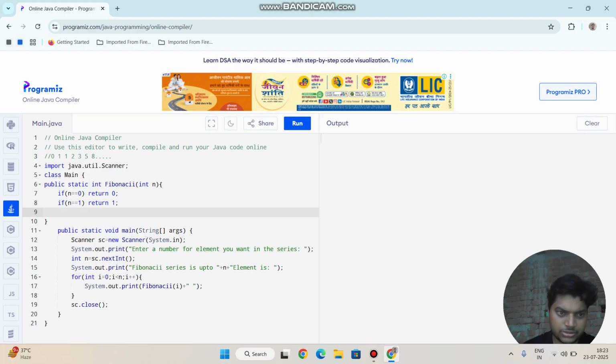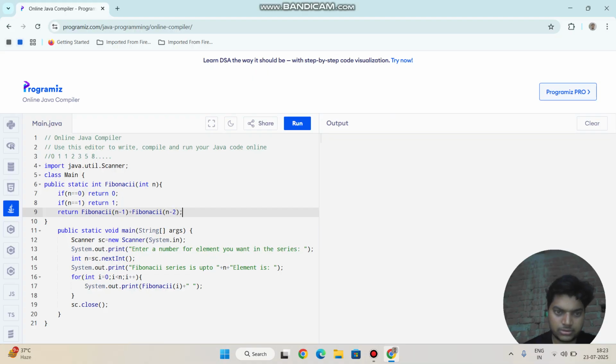And if it is neither, then you have to return Fibonacci(n minus 1) plus Fibonacci(n minus 2). This is done.